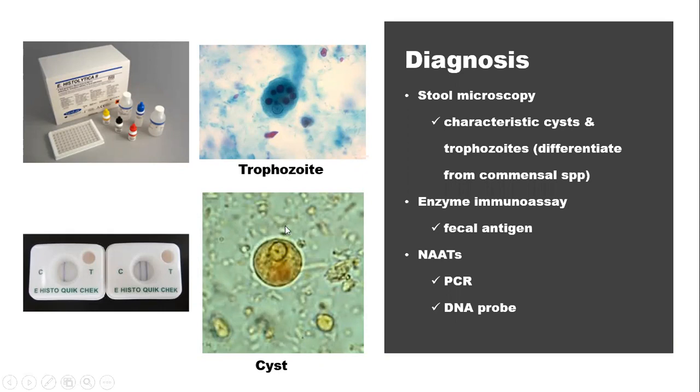Another form of the parasite that you can look out for is the cyst. Now here you have a cyst that is not matured because you have only one nucleus. The matured cyst of Entamoeba histolytica contains 4 nuclei. The non-pathogenic strains usually have more than 4, up to 8. The caveat here is that with Entamoeba dispar, the matured cyst also contains 4 nuclei. However, Entamoeba dispar is non-pathogenic.